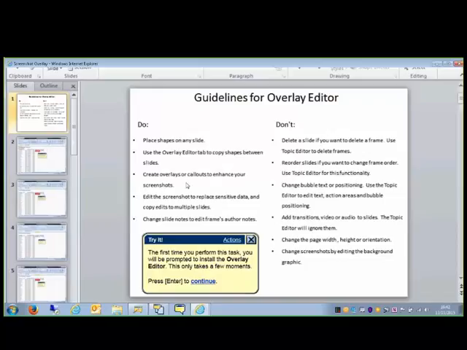But there are things that you shouldn't do. If you wanted to reorder things, you wouldn't reorder them in here, and you wouldn't change the bubble text. All of that type of stuff should still be done in the editor. This is just looking at the image itself and making changes to that image. So what we're going to do here,